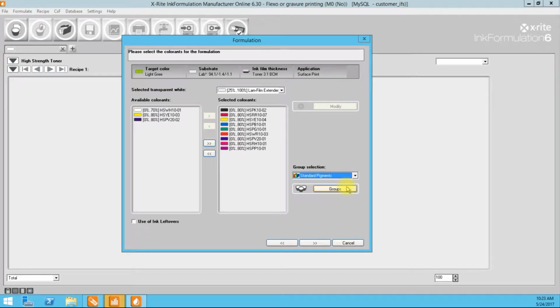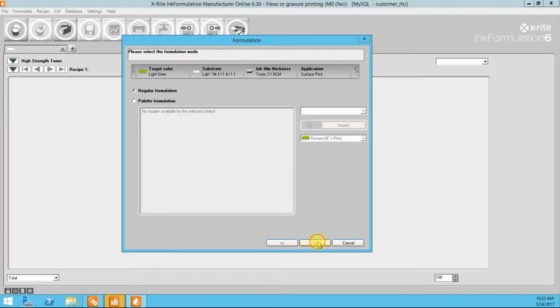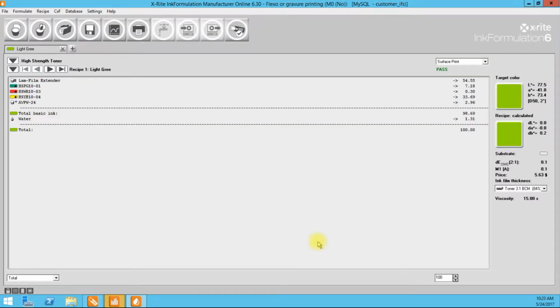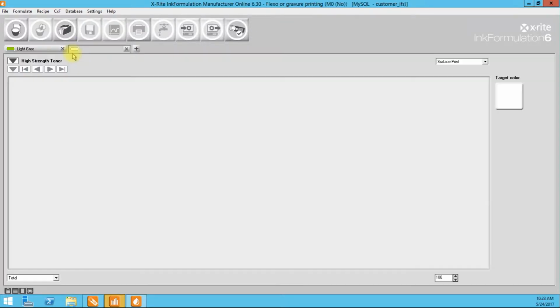Standard pigments, and we'll see what we get. Okay. So there's our first formulation. Alright, this one wants me to add a little bit of water to reduce the viscosity a bit. And there we go. So I'm going to create another formula simply by clicking on this, and we'll grab our